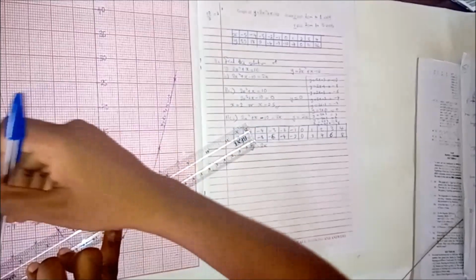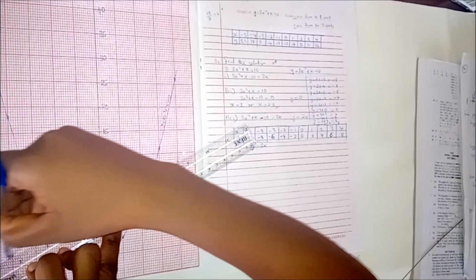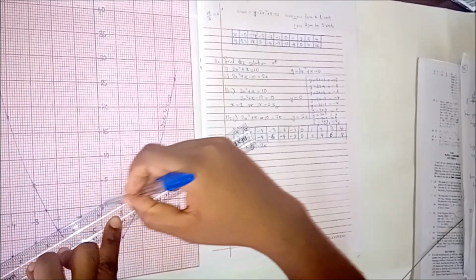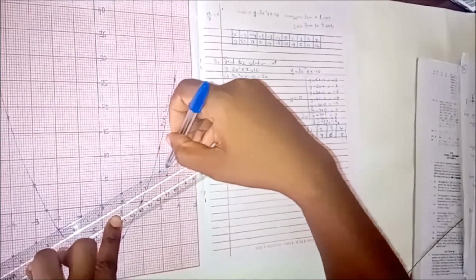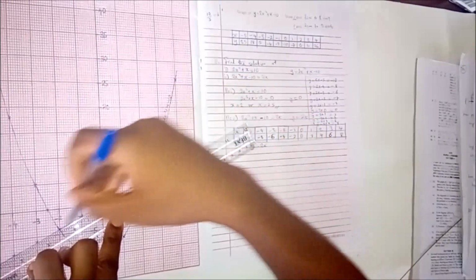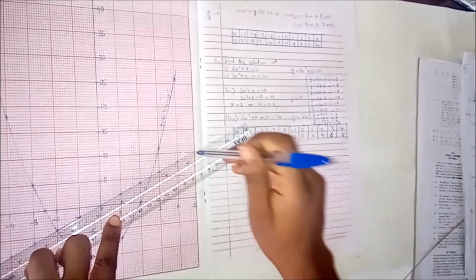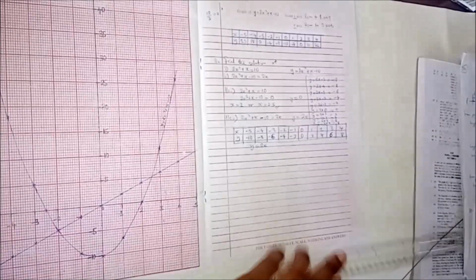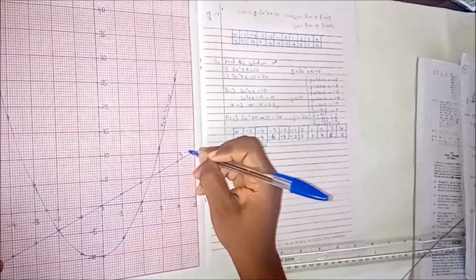Now I'm using a pen, so it's going to be very different when you're using a pencil. All right, so this is the line here, and you write on the line, y is equal to